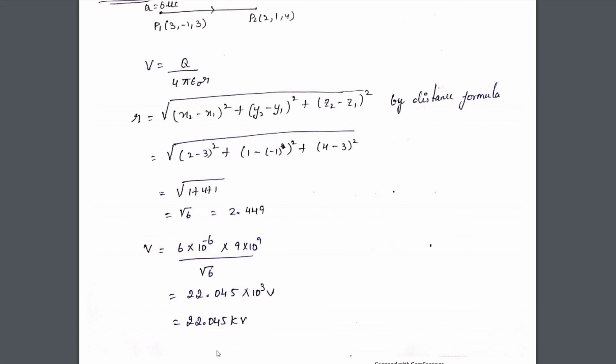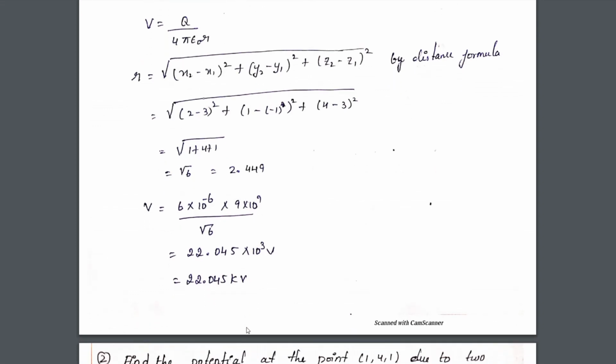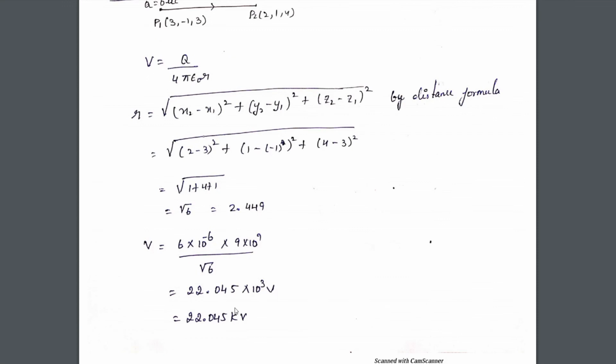Understood? So again in the simplification, what I told you in the first class, power should be added or subtracted. That power value should be kept as it is. Last you should write it in kilo, milli or anything, whatever you get at last. So what is the potential unit? It is volts.